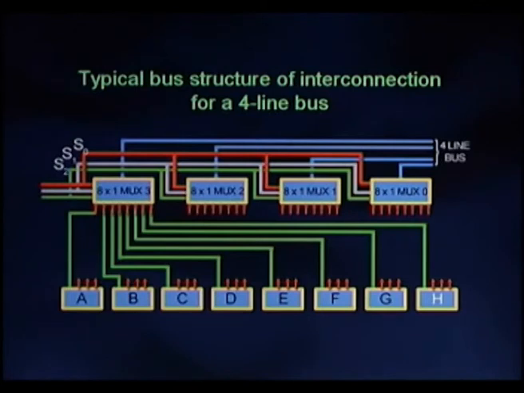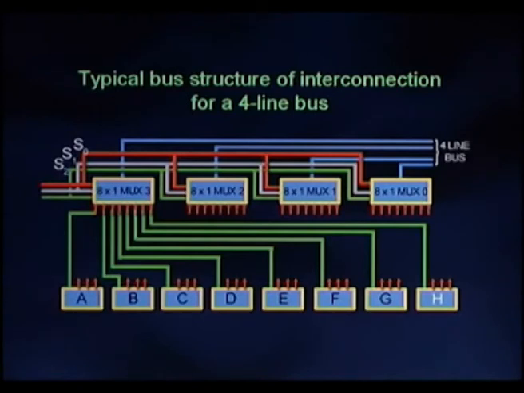As seen there, multiplexer 3 has 8 inputs and it receives one input from each one of the registers A to H. The other connections that are not shown: multiplexer 2 will also receive 8 inputs, one from each of the 8 registers. Multiplexer 1 will also receive 8 inputs from each of the registers and so on. By suitably selecting the common control signals of the multiplexers S0, S1 and S2, it is possible to select one out of the 8 registers onto the common bus of 4 lines.